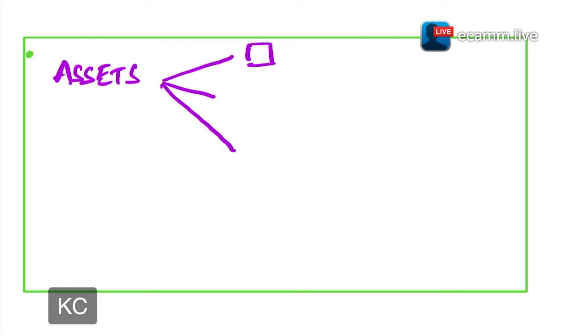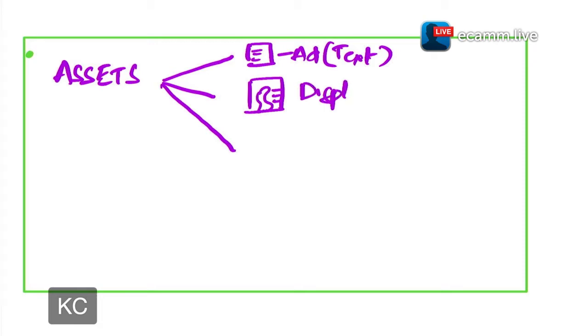Now, this can be an ad, which is a text ad. You may have certain image ads which play to your advantage. Now, this is an asset as well. Now, this is a display ad, which is also an asset. Now, you may have the age-old YouTube ad, which is a video ad. This is also an asset.